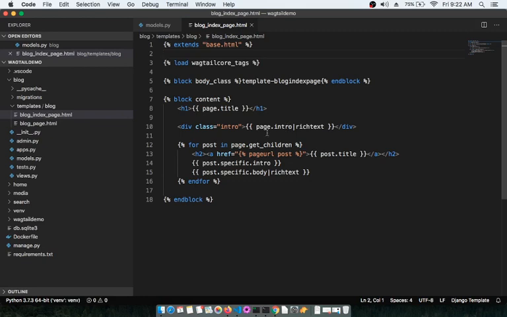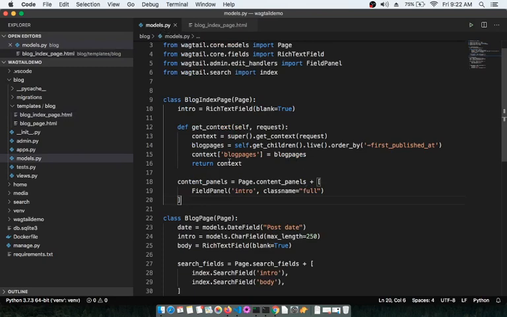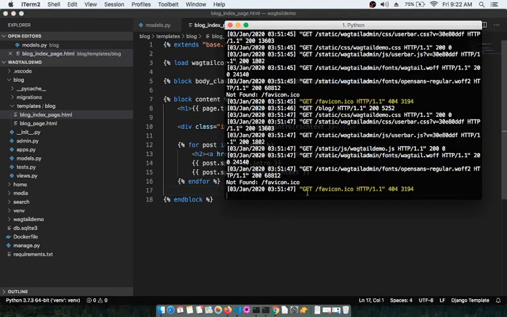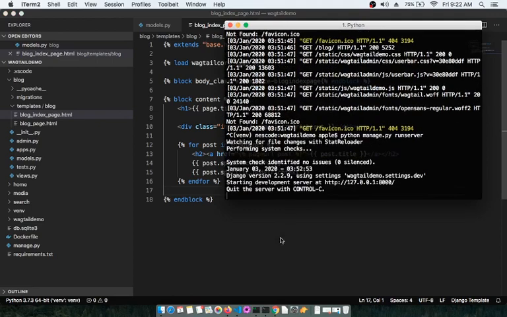So instead of having this, we need to update it like for post in blog pages, right? So let's go and change this, because we have taken the blog pages inside the models.py in the query set, so we are updating the template accordingly, right? And once you complete this, just stop the server and restart it again